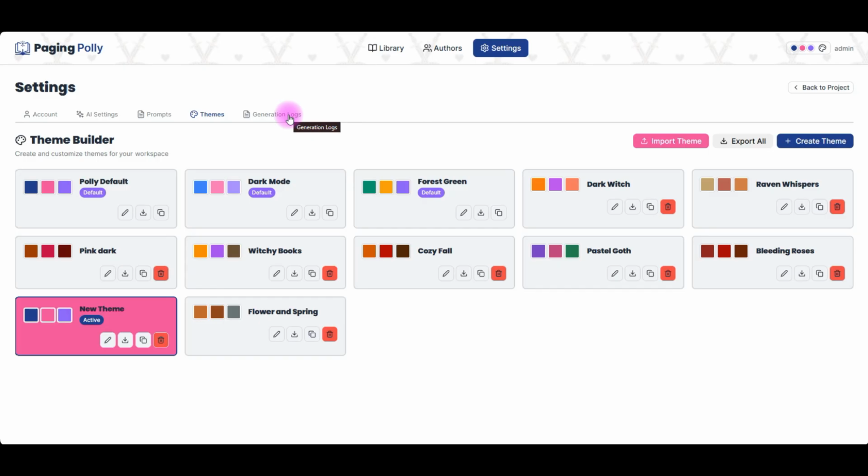We're going to be going over a new feature in Paging Polly, which is typography settings in your themes. So we are going to create a new theme together with a new pattern as we are officially, today is Halloween as I'm filming this. And you know what happens right after Halloween, probably already happened in your area, it's Christmas time. I have got some spookier patterns, so it'll be Spooky Christmas. And we're going to create a spooky Christmas theme together and go over the typography settings that you now have